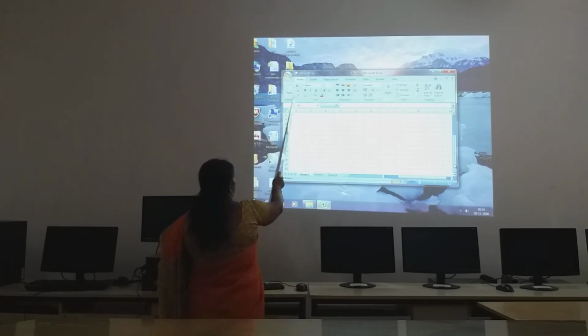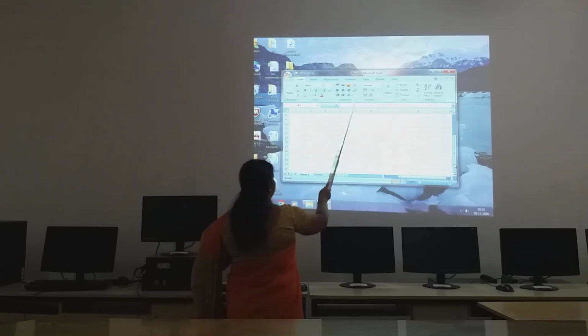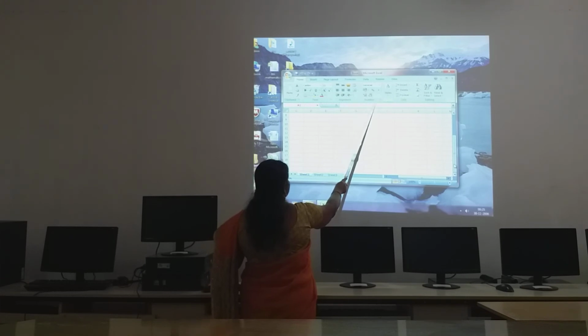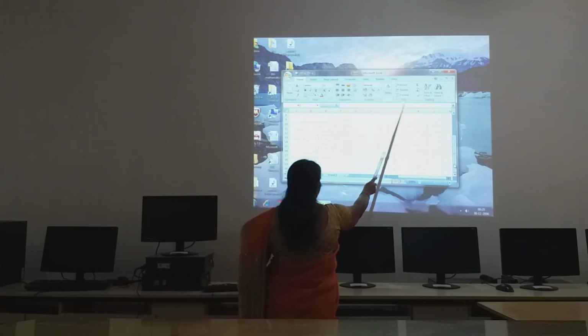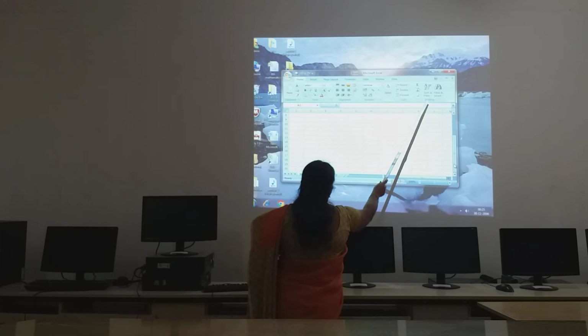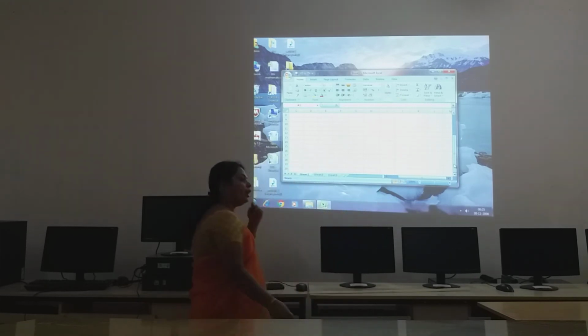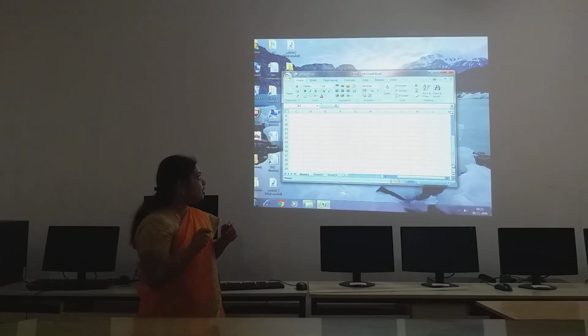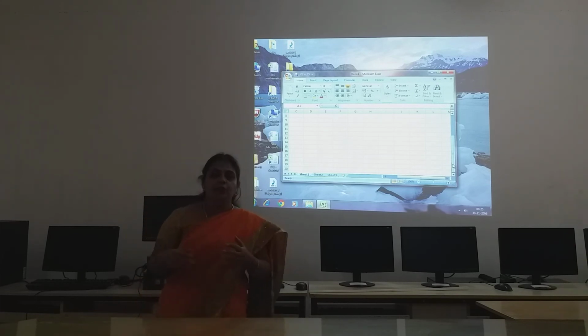See, this one is called groups, children. This is a clipboard group. So here you have cut, copy, paste, format painter, and in the font group you can do bold, italic, underline, increasing or decreasing the text, changing the font size, and then here this alignment group, this is number group, this is styles group, cells group, and this is your editing group. Each one has its own use, children. So when you practice only you will come to know.